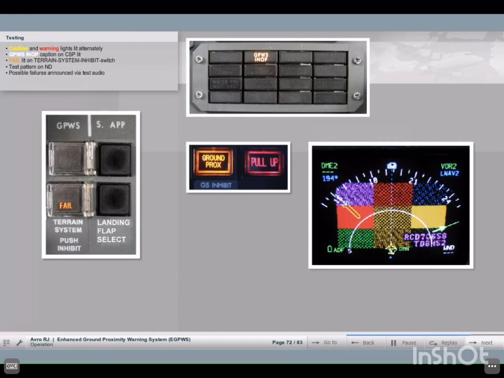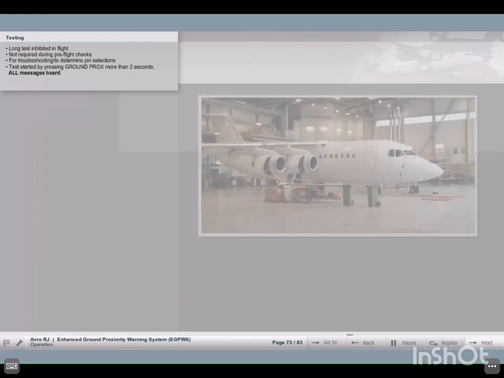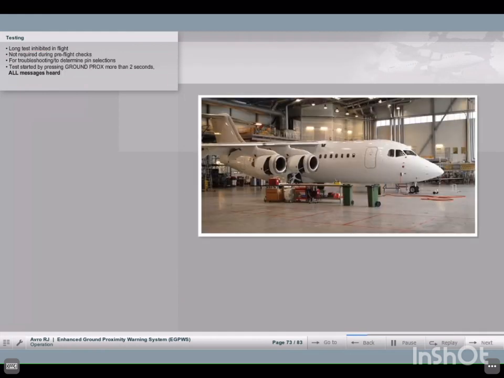Possible failures with EGPWS and RAAS are announced via the test audio. Click on the loudspeaker to hear the audio of a successful test again. The long test, which is inhibited in flight, is not required during the